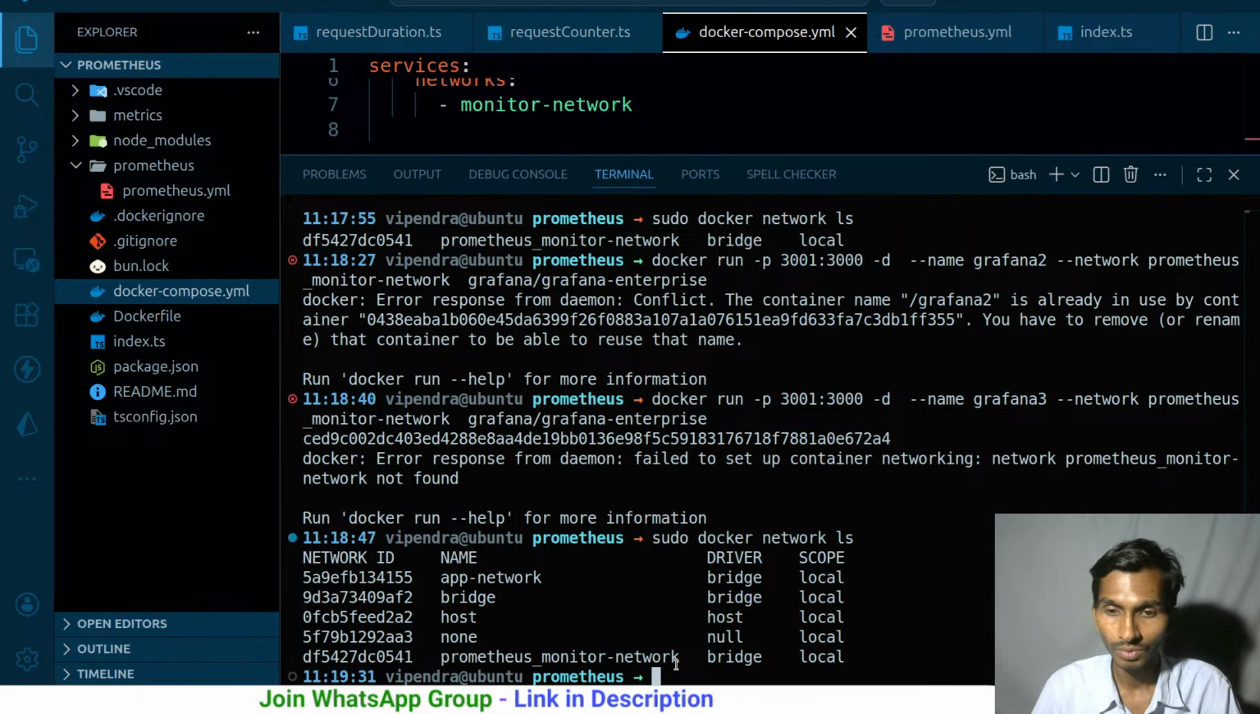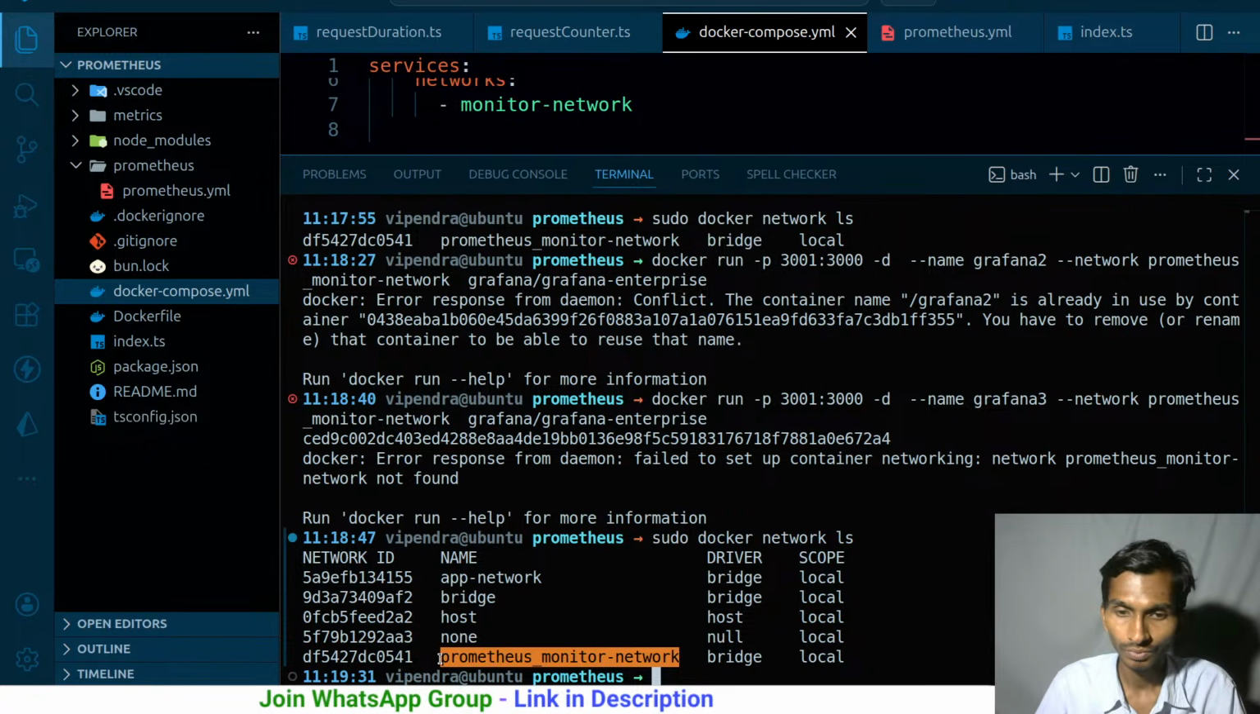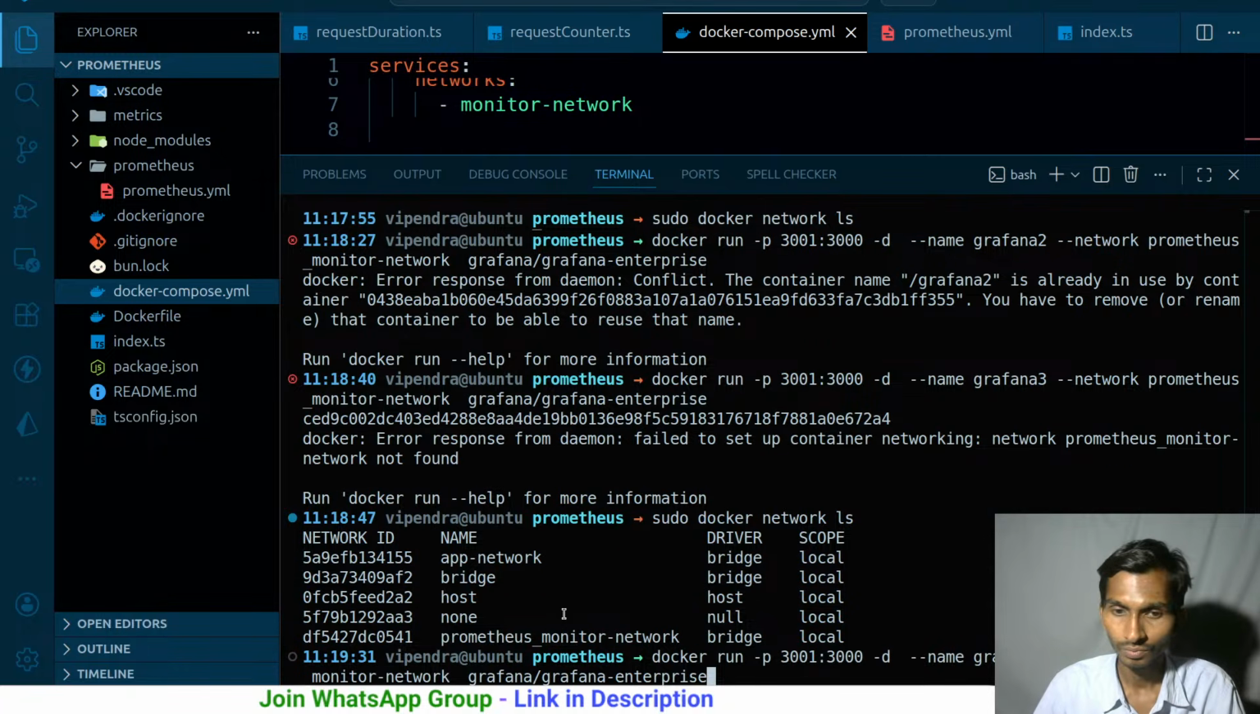Bridge. Even if I try to use this, it doesn't work. Right? Yeah, it doesn't work. So okay, let me do one thing. The simpler way can be this: